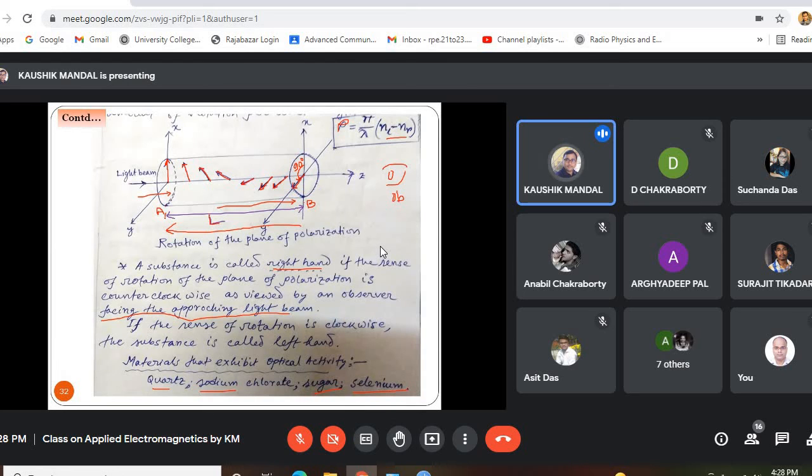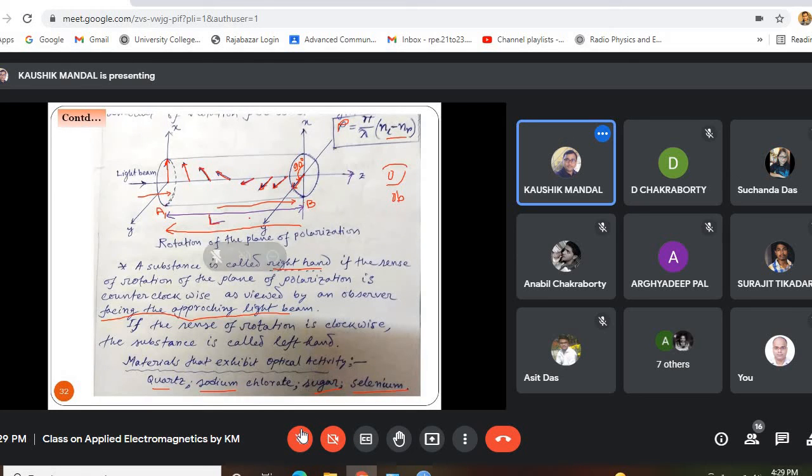That will not be true in case of the special type of optical activity known as Faraday rotation, because Faraday rotation is also a rotation of the plane of polarization, but it is due to the induced static magnetic field. It will depend on the direction of the induced magnetic field B. So in case of Faraday rotation, if you consider this kind of reflection, the net rotation will not be 0.